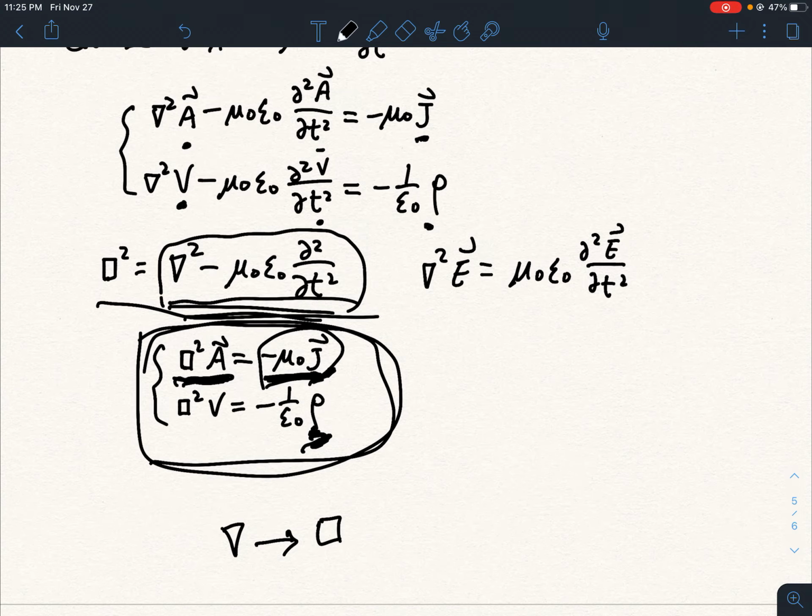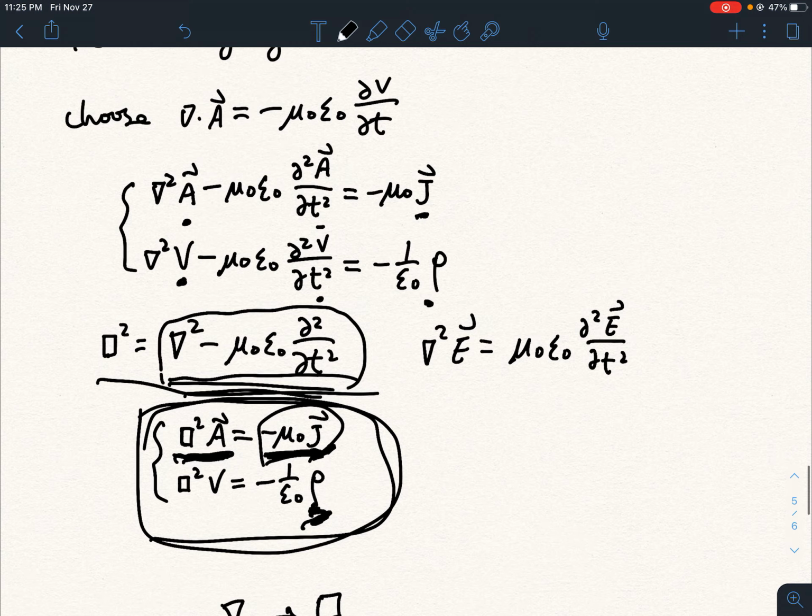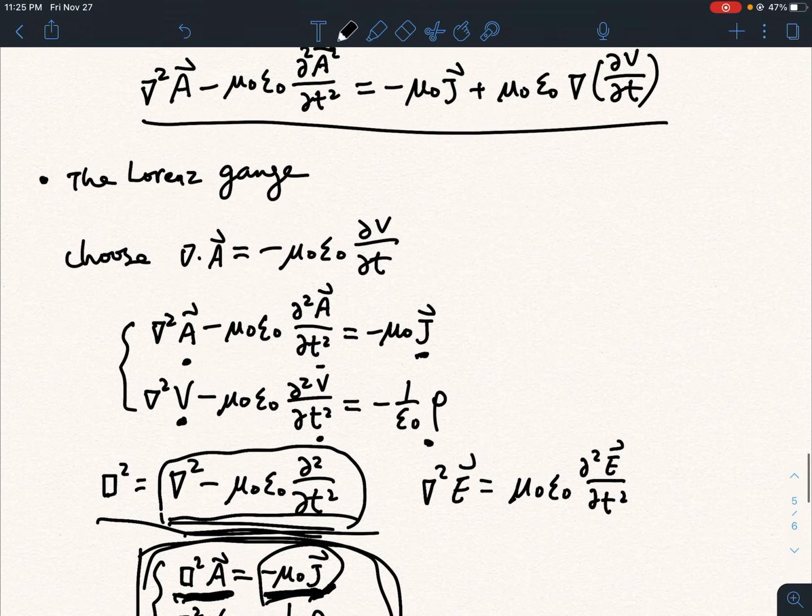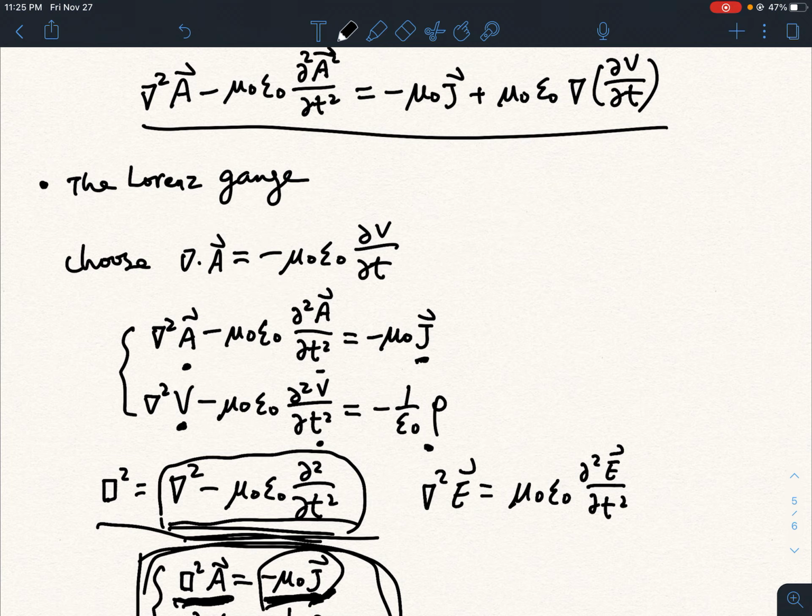And here I hope you can see the beauty of electrodynamics: the symmetries between the electric field and the magnetic field. This Lorentz gauge is the one that is commonly used. And I would also say that you will be able to learn more about this when you take a graduate level